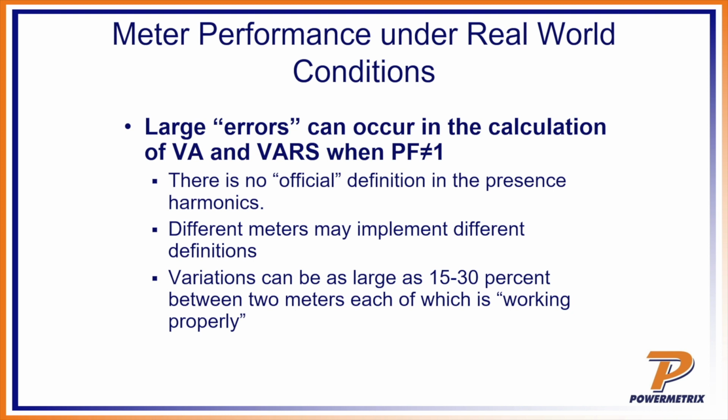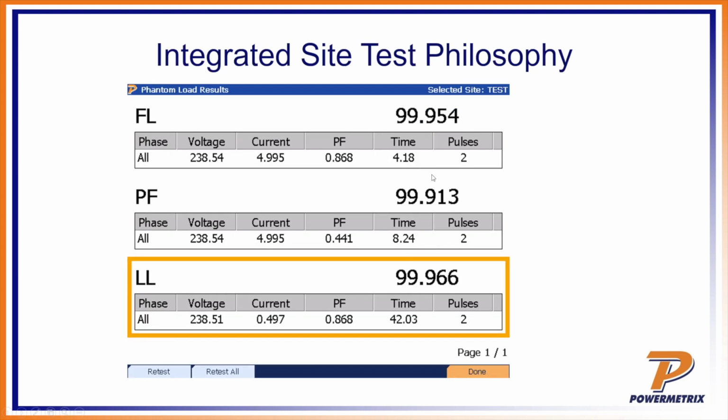So, here's another thing you might want to know. As far as what's pass or fail, this is something that you can set in your 3 series. When you're using your 3 series, you can go into the user preferences and set your pass-fail limit to, for instance, 99.5% or 99%. Then this box right here that's yellow will be either green or red, and it will say pass or fail.